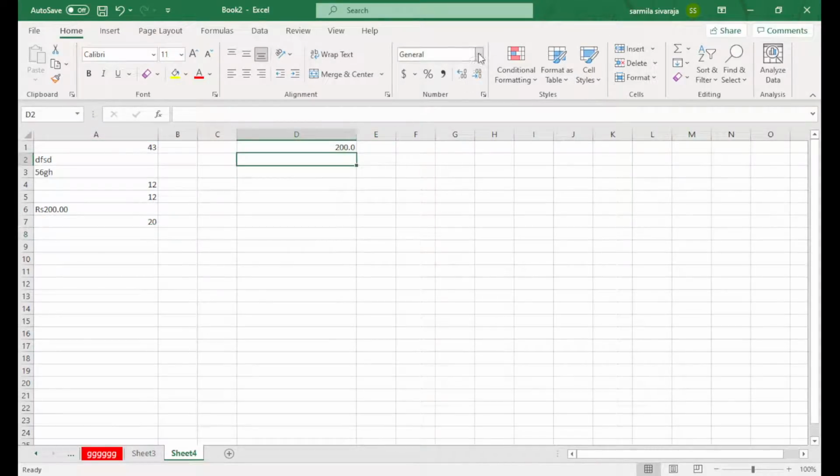Okay, next option is called currency. Yes, currency. So I will type 500 here. For this 500, I need rupees and a decimal point, everything, and I want to access this value also. So I will come here to more options, more number formats, and go to currency. Here it shows something called Symbol. By default it uses the dollar. I need rupees, so I will search for rupees here. I think Sri Lanka.